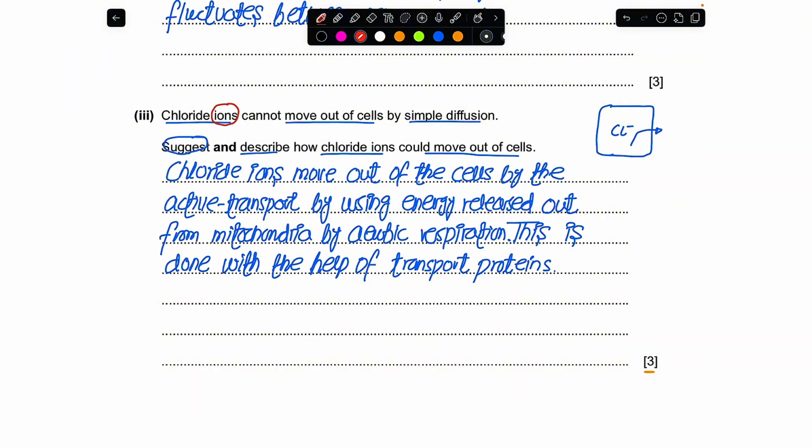But in this case, since the ions are chloride ions, which are charged particles, we would say that these ions would now move out of these cells with the help of active transport. And we know very well that whenever active transport is involved, there has to be a release of energy from the mitochondria, which does it with the help of aerobic respiration. And once this energy is released, then these ions would be moving out of the cells with the help